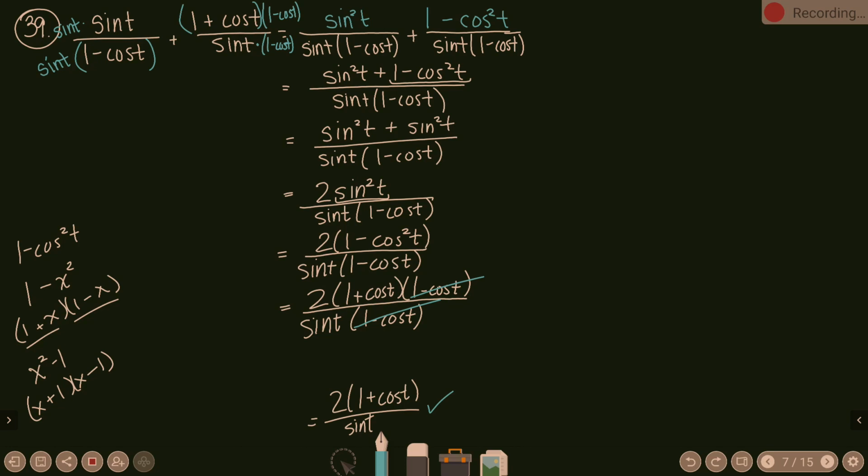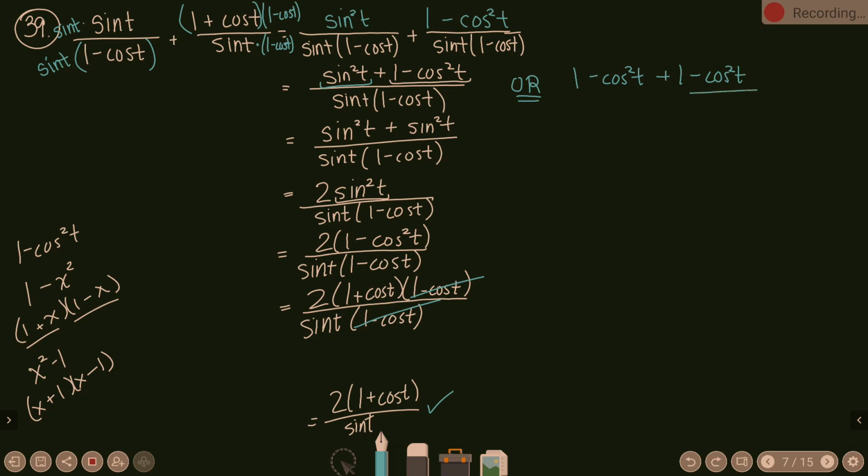I will say there is a spot in the middle where we could have gone a different direction. Okay, so if you had seen something else, or if someone had helped you and you saw something else, but right here, the Pythagorean identity that was mentioned was 1 minus cosine squared t. The other option, and I'm just going to show real quick, is that instead we could have subbed out sine squared. And I had someone this morning say, wait, this isn't how I did it, and got like halfway through and was confused. But if you sub out sine squared, it can be 1 minus cosine squared t